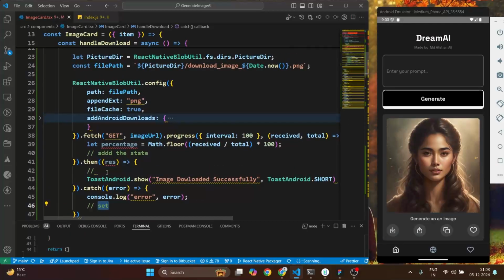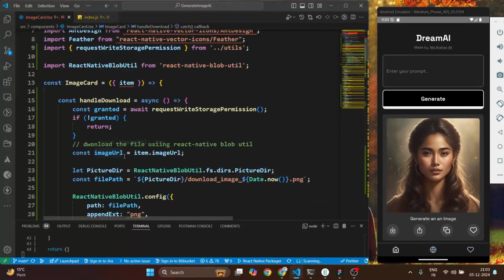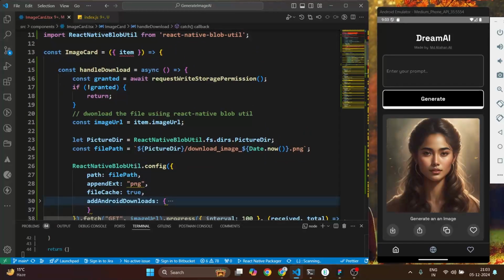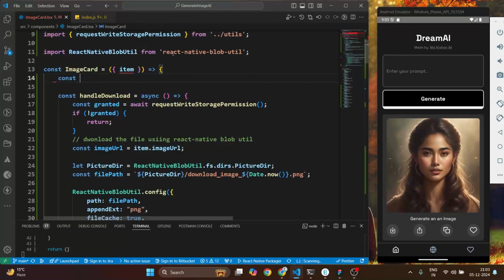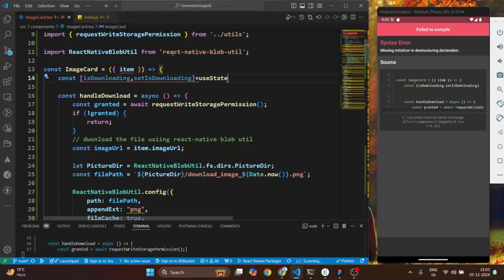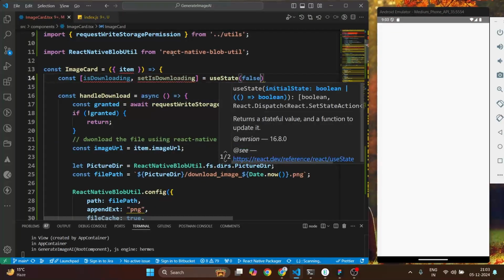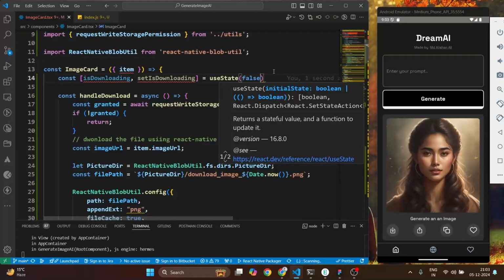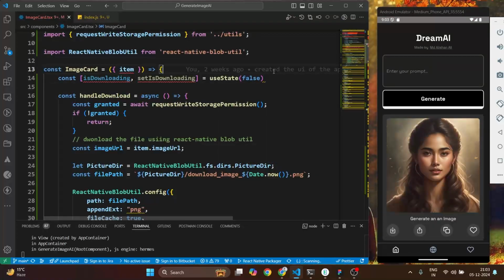But yeah, so after this, let's suppose you're downloading the image, so we have to handle the state as well. I'm going to make one state called isDownloading. Let me create one state: const [isDownloading, setIsDownloading] = useState(false). By default the isDownloading state will be false, and once you start downloading